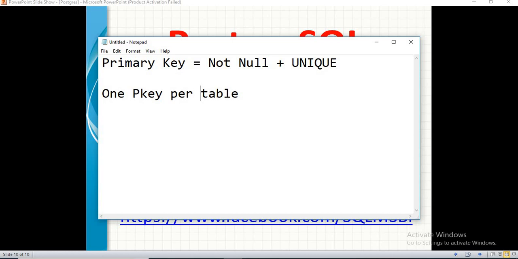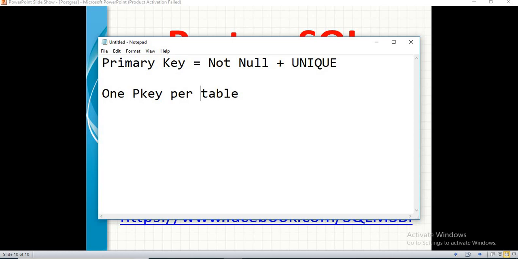It allows only one key per table, and it internally creates an index that helps you to improve the query performance. So that's how we work with primary keys.